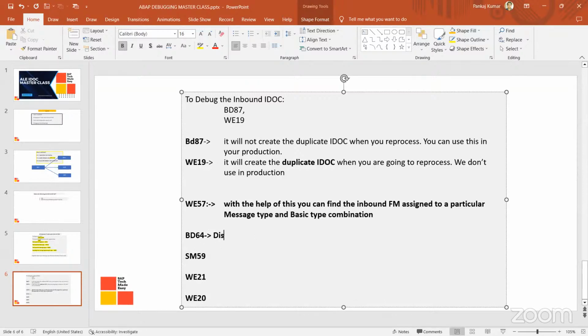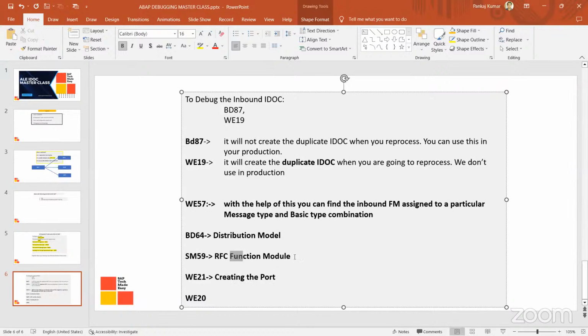BD64 is for the distribution model, and SM59 is for the purpose of RFC